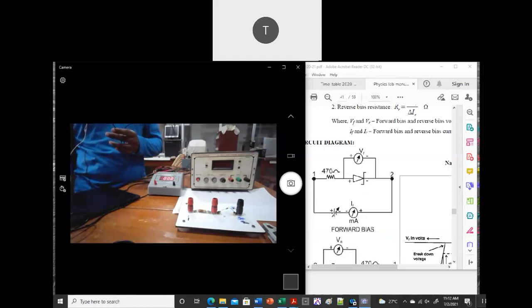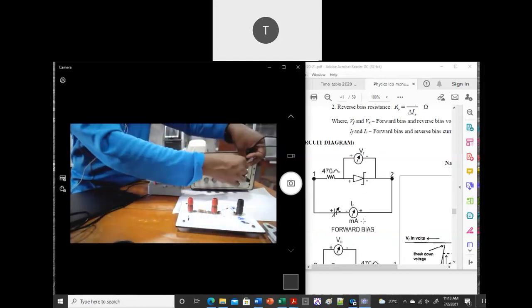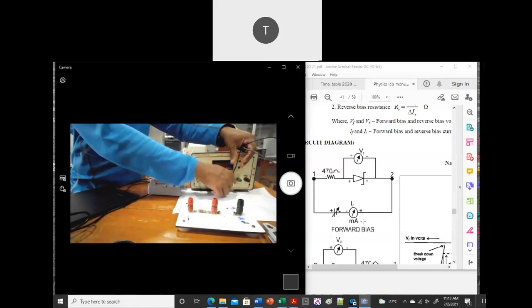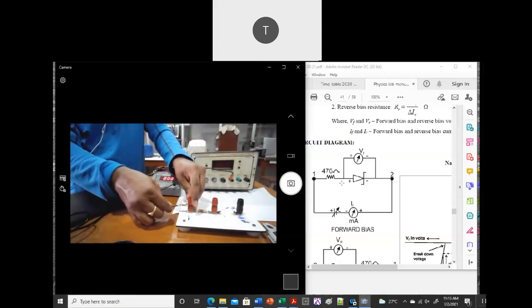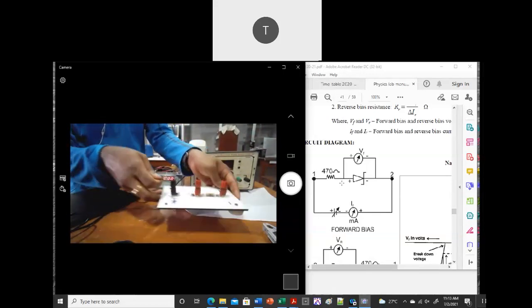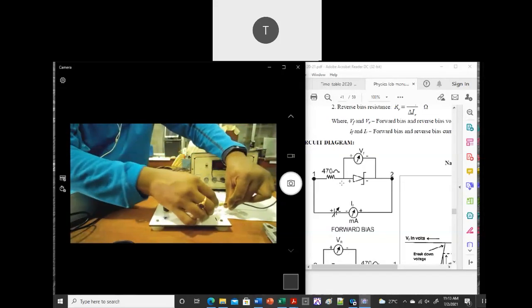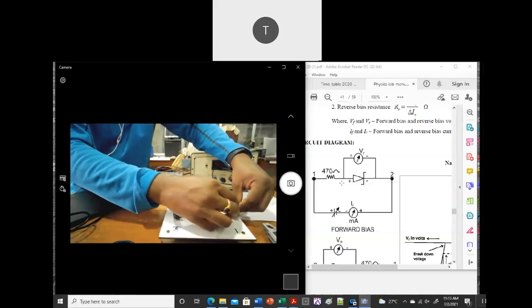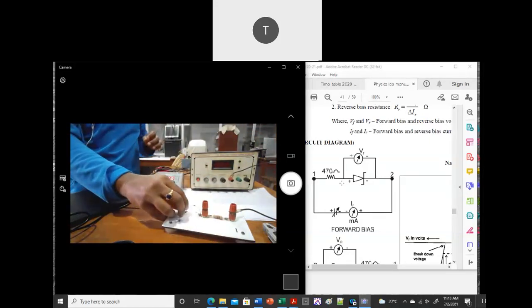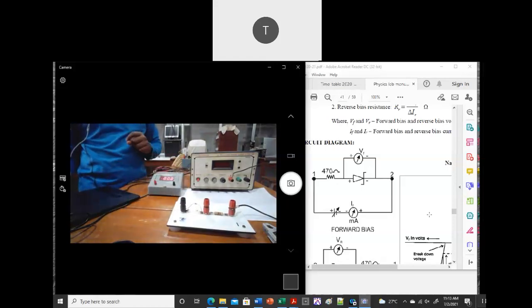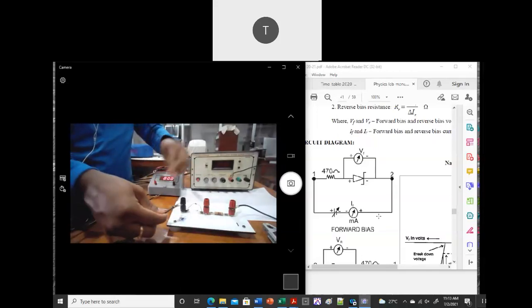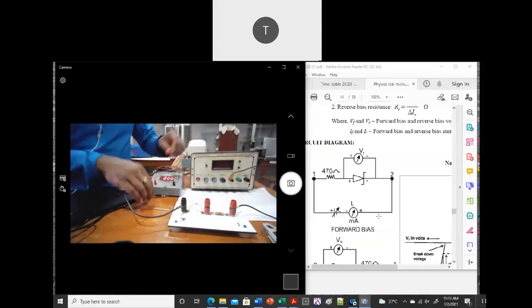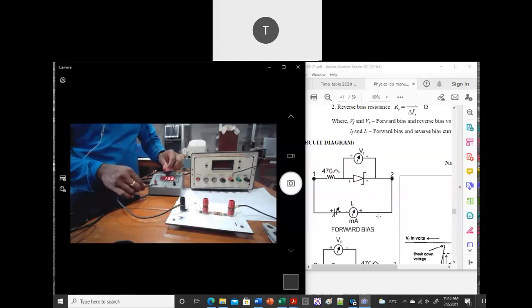So for forward bias, you can see here from positive of the battery. This is the positive of your battery. So from positive of the battery, where is it going? It is going to point 1, which is this one. Then I will reverse it like that, then it will be easy. So this is 1. And then from the other end, which is your 2, from 2 it is going to the positive of your ammeter. So you have to do that connection. This is your 2, 2 to positive. Positive means it is your red. So it is going to red.